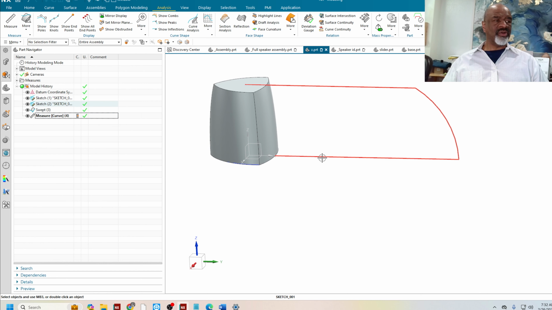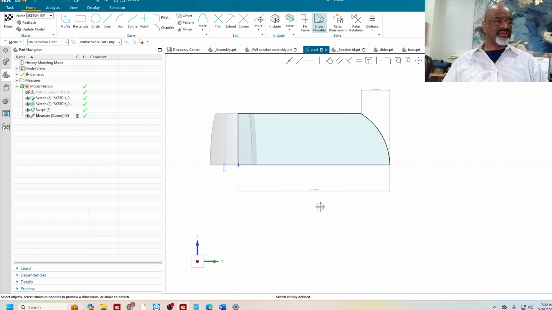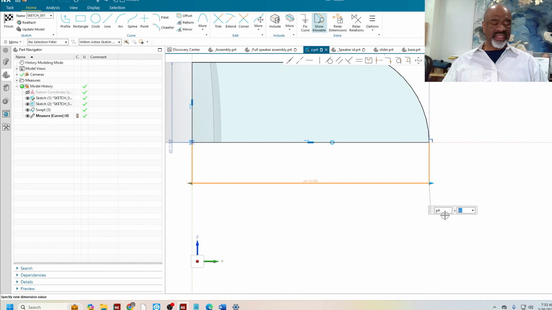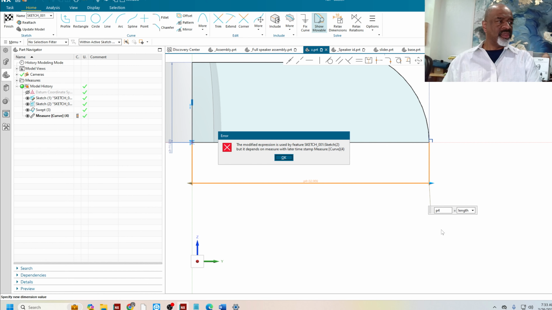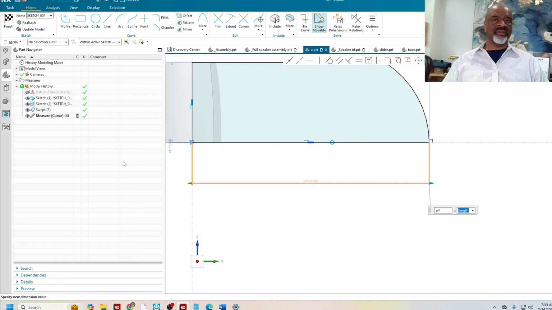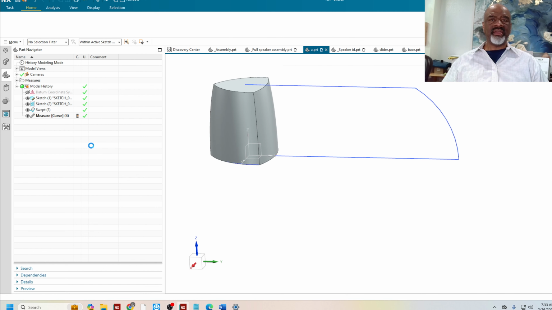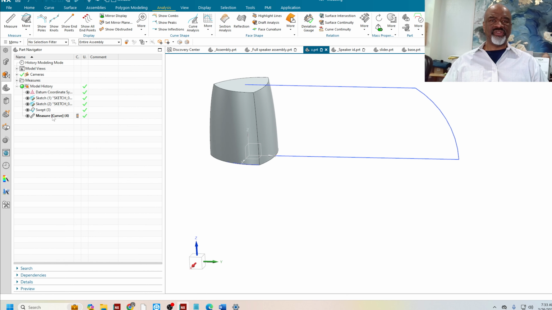And now I can go back to that original sketch, and I can type in, instead of 32, I can type in length, the measurement expression, and it says, oh, it's not going to be able to use it because it's a quote-unquote later timestamp, but that's okay, because what I can do now is take that measure curve entity and push it right there before the